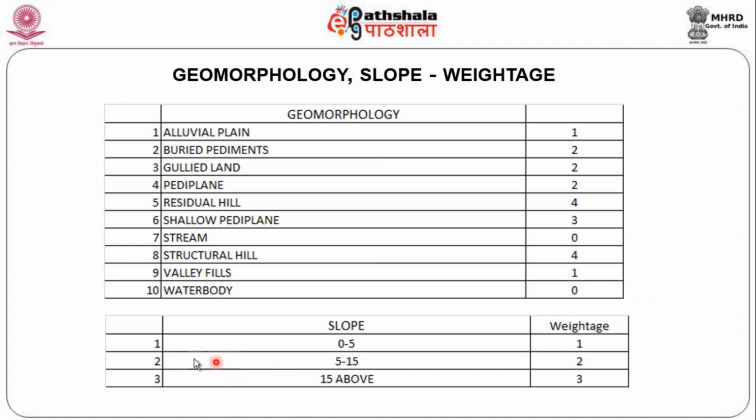Apart from that, the next aspect is your slope. So, when I have a 0 slope, the weightage will be just 1. I do not have to worry because I do not give much weightage. But if it is greater than 15, I just give 2. 15 and above, I give a weightage of 3. Now, here an important aspect, I may also object to the weightages, but still the more important thing is that